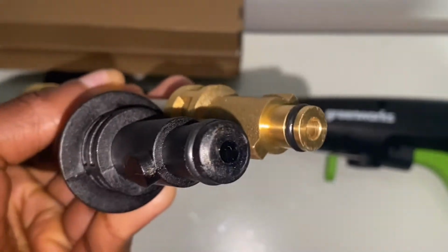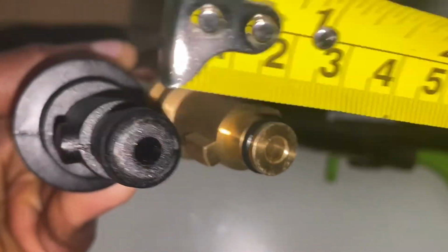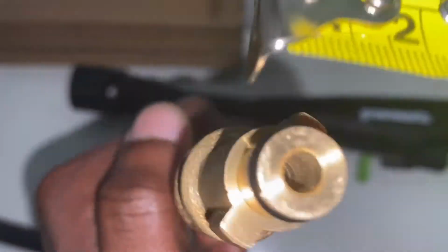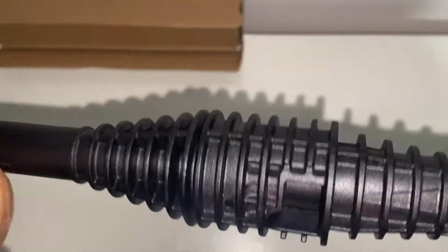The spray wand and the Bosch may have the same diameter, but the key slots are not the same in the varying length, so you need to be careful, and I'll show you what adapter to get for the Greenworks. They have both got an outside diameter of 1.1 centimeters, so that's fine, but they vary in the key slots. The Bosch adapter should key in and fit into the slot easily by sticking it in